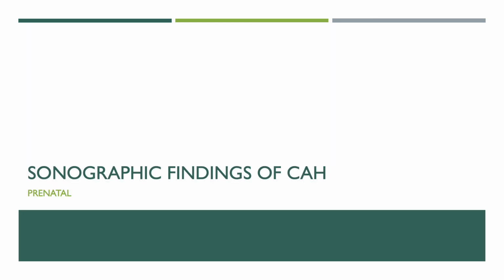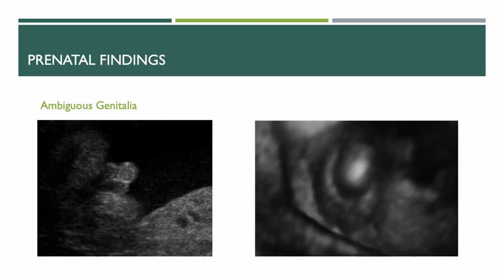Here I just have a couple of images of prenatal sonographic findings of congenital adrenal hyperplasia. This first slide shows ambiguous genitalia in a female fetus. During the first trimester scan, the nuchal translucency was mildly increased. The patient opted to have an amniocentesis, which confirmed a normal karyotype and 2 X chromosomes. You can see in both the 2D and 3D images the enlarged clitoris and the surrounding labia that was detected